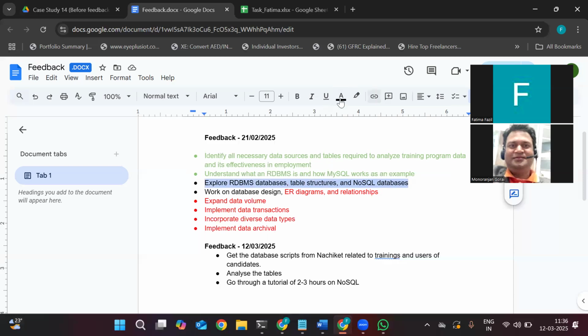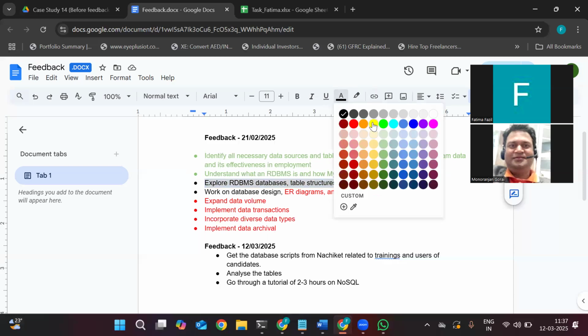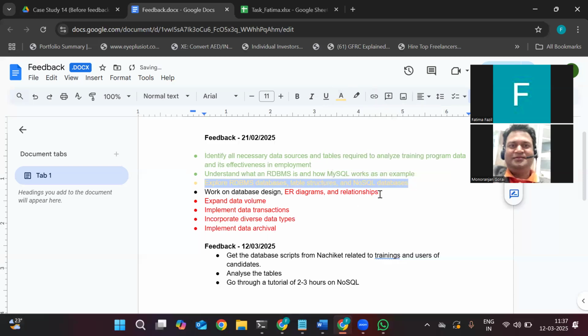Once it is done, you'll mark it as green. Okay. So these all I'll be reviewing thoroughly, so that you learn a lot, and accordingly you can shape up your project.